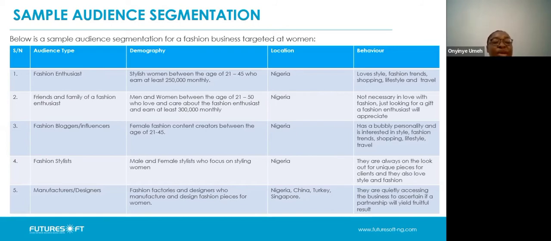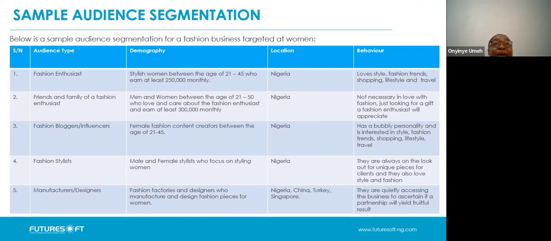What this would help a business to do is target its content, its marketing, its communication to a specific group. Because you've broken down your audience into these 5 different segments, you know the people that are in your audience pool. If you want to speak to the manufacturers, it's not the same way that you would speak to your stylists or your fashion enthusiasts. A lot of businesses try to do all of this in one content, but I don't think that it works. There are different ways and different channels that you can use.